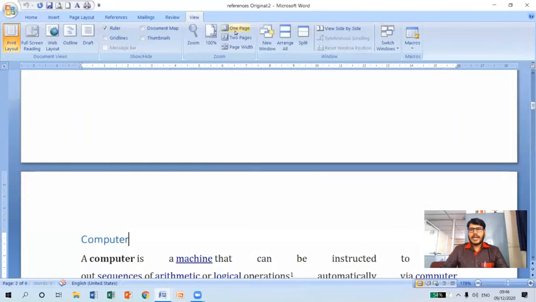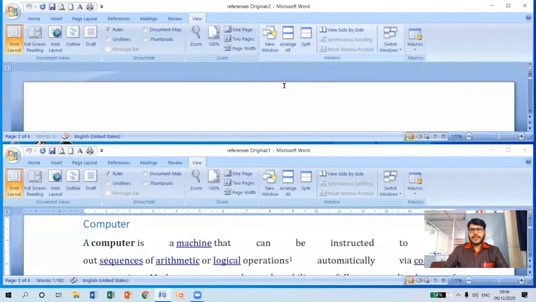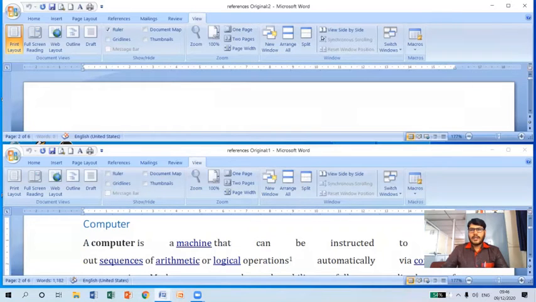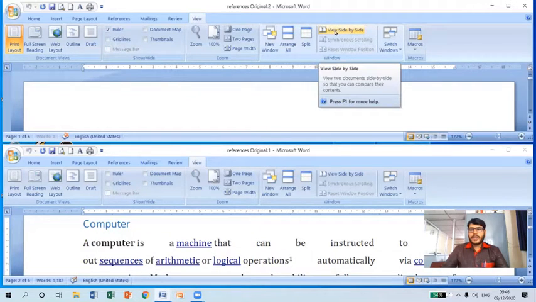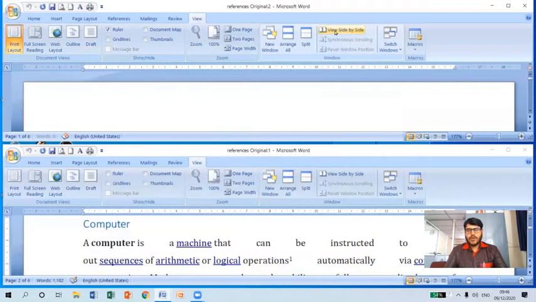Okay, now let me add a new window, and let me click on arrange all. As you can see here, now I want to view multiple documents side by side, so that I can compare their contents. Assume that sometimes we need to compare the contents present in multiple documents. At that time, it becomes very difficult to open one document and read it and remember the content and go to one more document and again read this, so that it creates a lot of confusion.